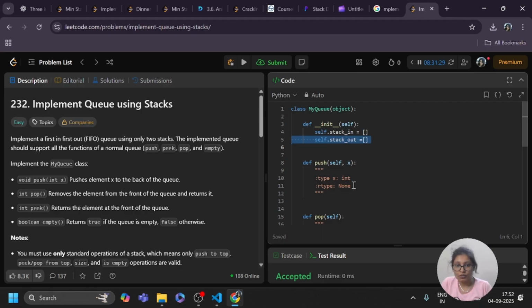After that I want to move on to the push function. This is used to append the element in a stack.